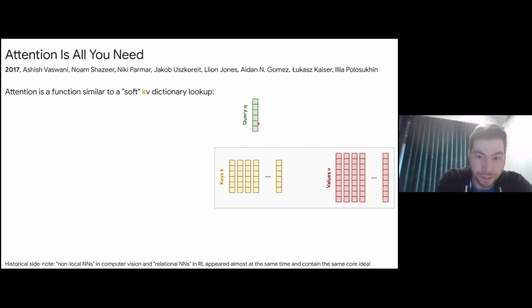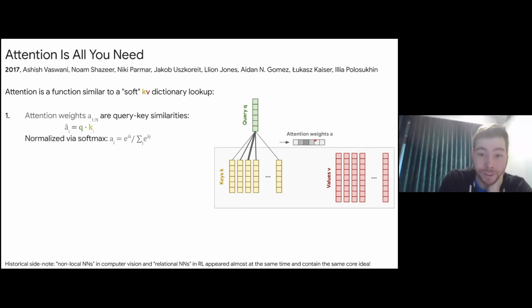And I should say here in attention, each of these things are vectors. So this is what is represented here: vectors of floats. Your query is a vector of floats, keys are each a vector of floats, and values are each a vector of floats. Then the first thing you do is you compute the similarity between your query and each individual key. This is usually done just by the dot product. So if the vectors point in the same direction, the dot product is 1. If they point in opposite directions, it's -1, right? And then everything in between, depending on how similar the vectors are.